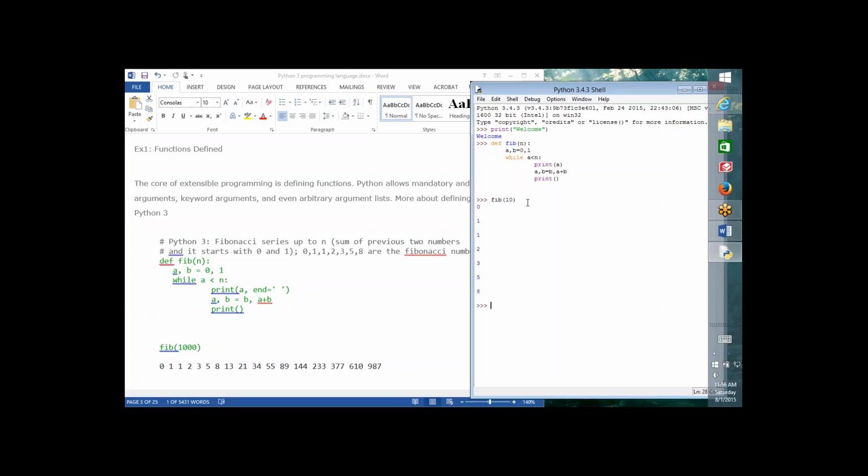Okay, you see this one? It printed exactly what I was accumulating here: 0, 1, 1, 2, 3, 5, 8. Because n is 10, as long as a is less than n, it will execute this. But the moment it reaches 10 or above, it will break out of this function. Okay, that's what happened here. Up to 10, right? Yeah, up to 10. Now you ask the question, what is the benefit of end equal to